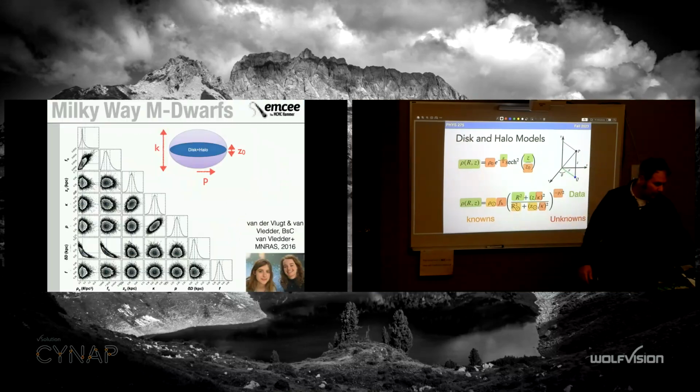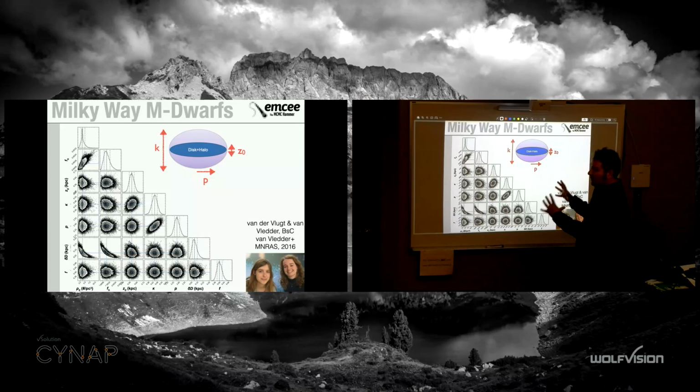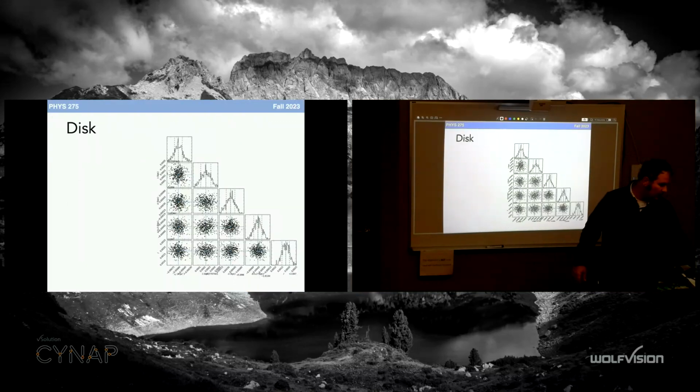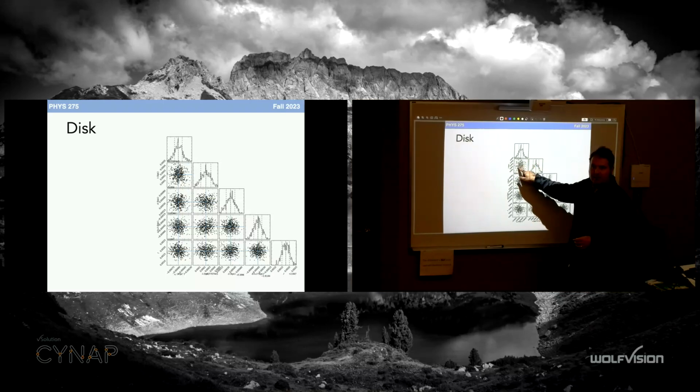But I can also do the visual thing where I can compare this one to the one with the 5 parameters and see how neatly it looks. So I take just the disk, for example, just the top part of the model. I fix it, I don't use the rest. Well, my walkers do not spend a lot of time in the center. They sort of randomly rattle about and never quite settle on a point. It looks like it's a good description, but look at the other one. They spend way more time in the center.